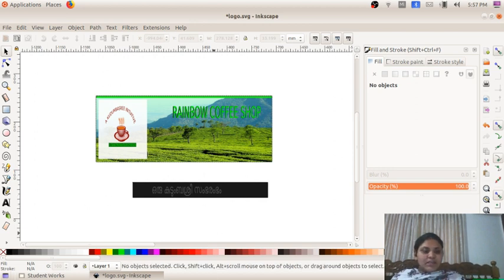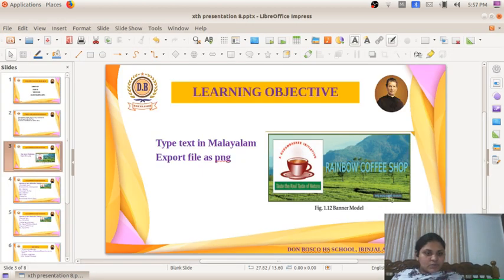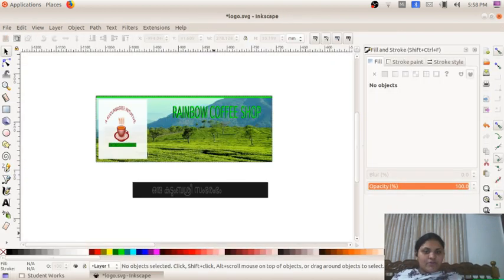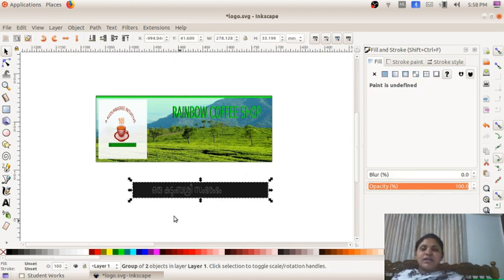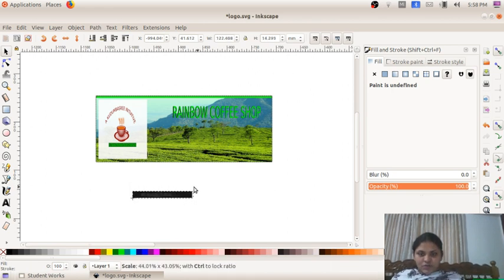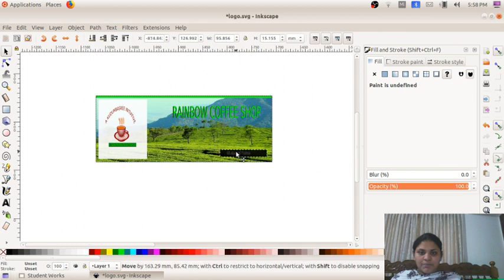So you can see here this was in a small black box. So we have to draw that. Before that I draw a rectangular box. After that I give a color, and I place this Oru Kudumbashree Samrambham in this rectangle box. I place the text in the rectangle box. After that I group the picture. We can reduce the size also, because you can see in that picture the size is so small. Okay, I am keeping it here.